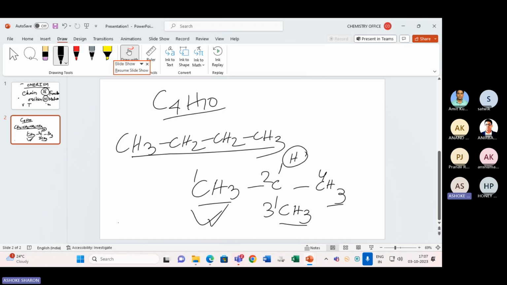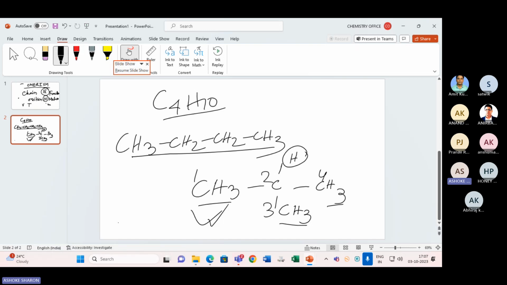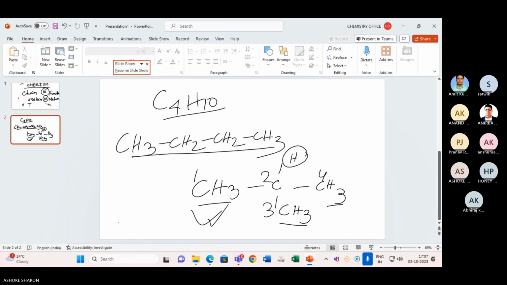So basically what you observe is that they have the same empirical formula in two cases, but their connectivity, the constitution, is different. That's why it is called chain isomerism. Okay. So next,